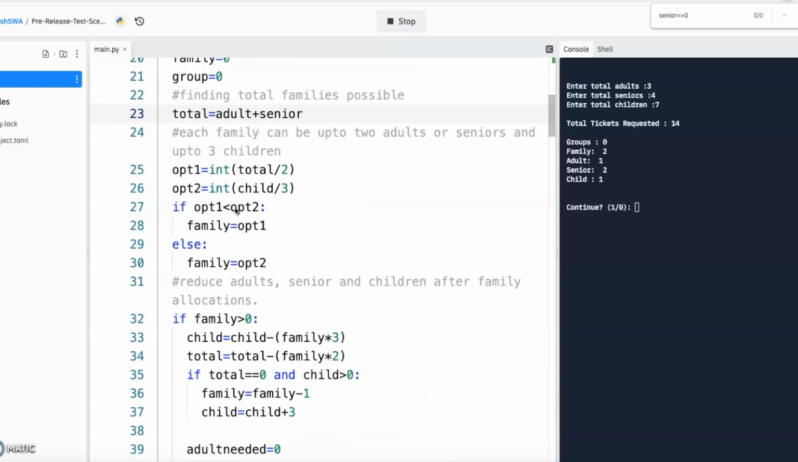And that is the reason why we have taken the smaller possible family number between either adults and seniors or children, because it will give us the flexibility to reduce enough people. If we have more families than the actual number of adults and seniors, we cannot reduce the required number. So that's why we have first taken out how many maximum families can be created from seniors plus adults, and how many maximum families can be created from children, and whichever of the two is less,